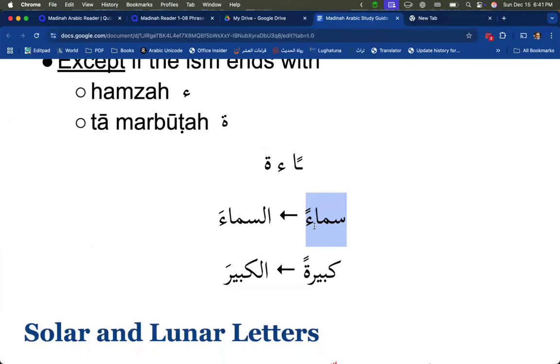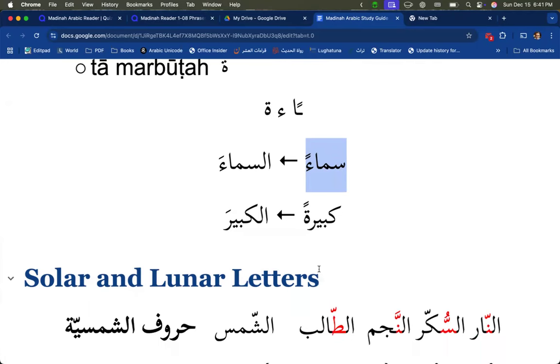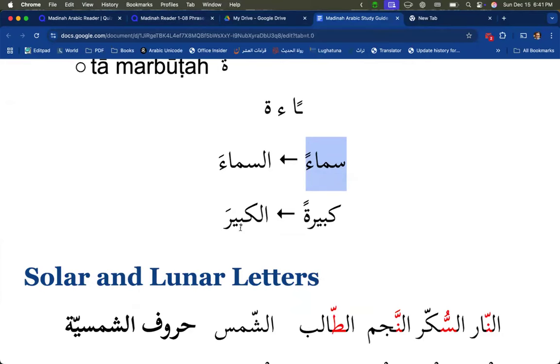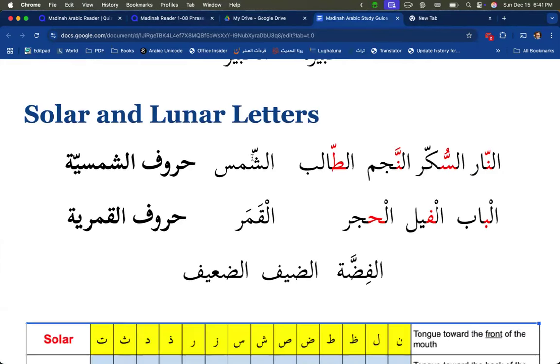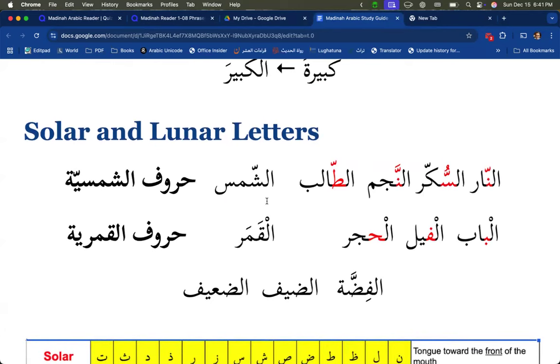Okay, so sama'an, it's really sama'a, that we just learned. But kabiratan, you will never say kabirata. It'll always be kabira. And then with the al, it becomes al-kabira. Then we learned about the huruf al-shamsiyah and huruf al-qamariyah. If the beginning of the noun begins with a letter where your tongue touches the teeth,